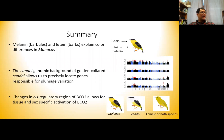So in summary, melanin in the barbules and lutein in the bark explain color differences in manakins. By mixing and matching the amount of lutein and melanin deposited in different plumage tracts, a variety of plumage patterns can be created in the genus. We are able to pinpoint candidate genes that are responsible for color differences. These genes either show signature of introgression into golden-collared candei from Vitellinus or are differentiated between normal and golden-collared candei. Now, the genes we found have a range of functions, but that also include melanin and carotenoid